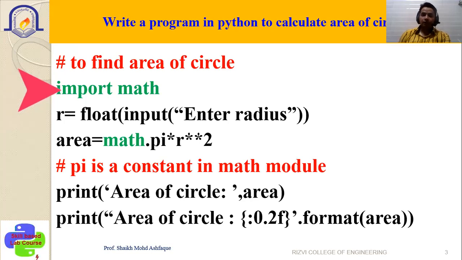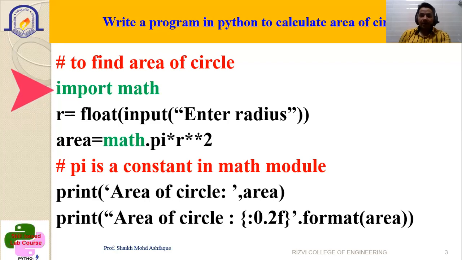So here the first one is import math. Now we can use the math variables and methods that are available. First, we accept a float number as input from the user: float input, enter a radius. After that, area is equal to math.pi. We are writing pi, not the value of pi, and we haven't declared the value of pi anywhere, but we are using it along with the reference of the imported package math. So math.pi is already defined in that package, and it will take that value, 3.14 etc.